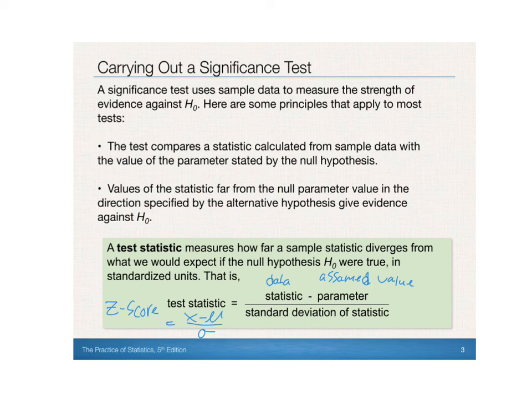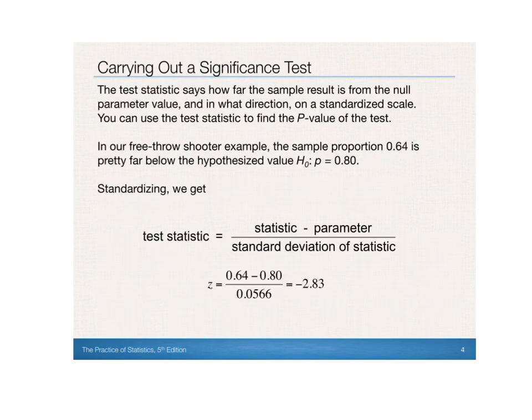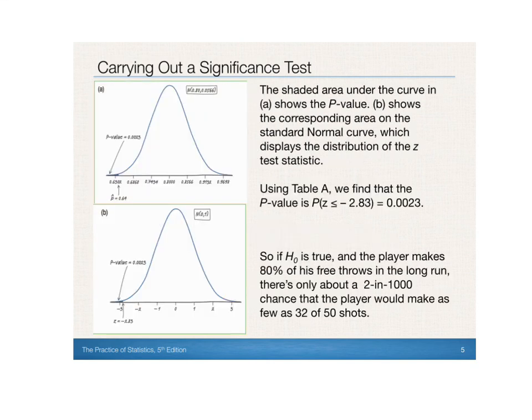Or we can use our calculator. Here's what you see if you actually do it by hand. You can find that z-score. It's negative 2.8 by plugging in those values. And then using our normal distribution math, you can either do it by hand using the table or using a calculator. We find that the probability is